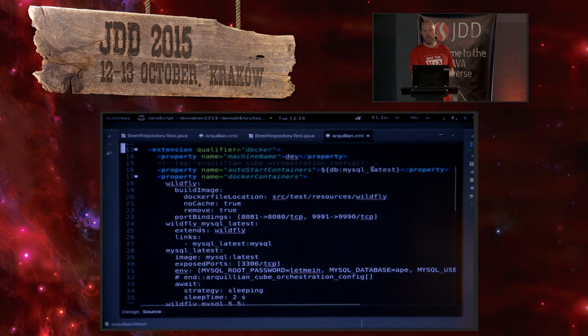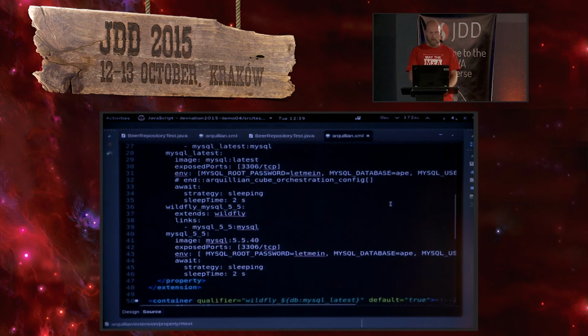So by just using some form of environment variable or system property, you can easily swap which of these MySQL instances you're going to start. So you will start a WildFly and then something we set up in a demo, it's either the latest or 5.5